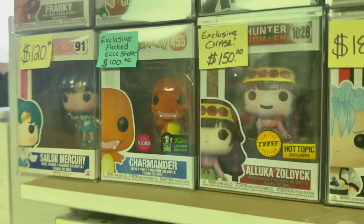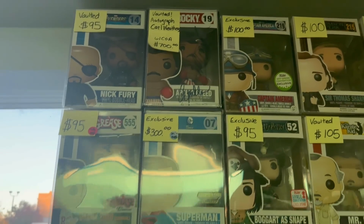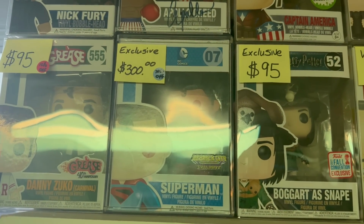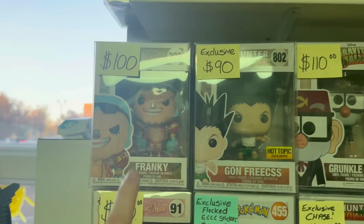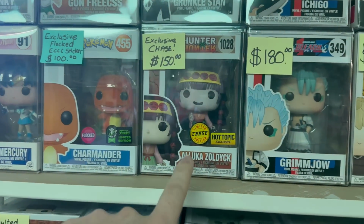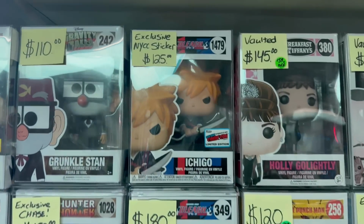And then coming over here, we have some more incredible stuff. You have a signed Apollo Creed by Carl Weathers. That's insane. Kingdom Come Superman, that was a Bedrock City Comic-Con exclusive. You have Franky here from One Piece. Flocked Charmander with the Emerald Comic Con official con sticker, a Chase Killua from Hunter x Hunter, con sticker Ichigo